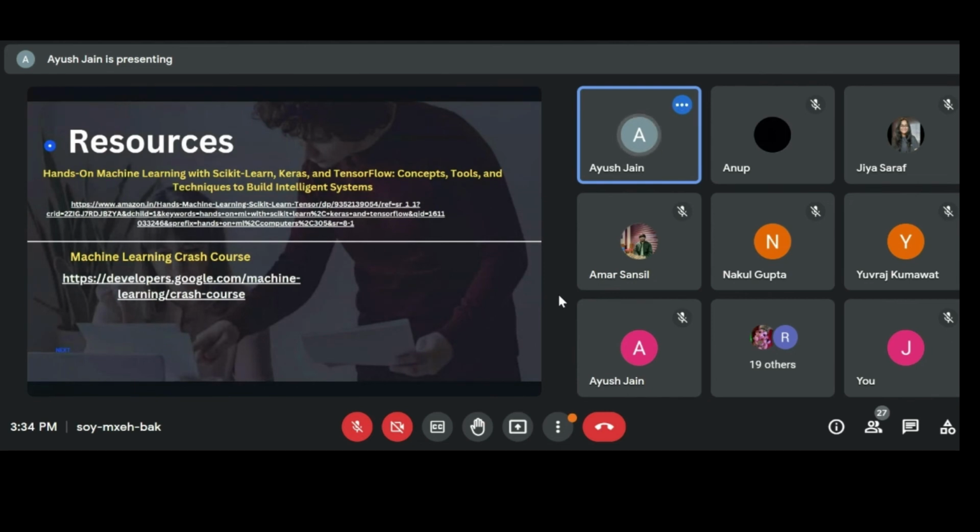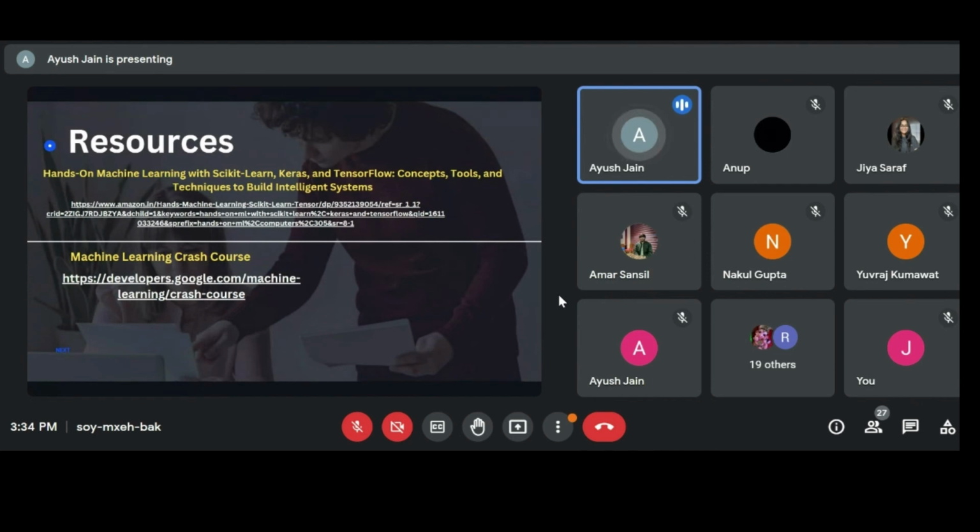The second resource I recommend is Machine Learning Crash Course. It's a Google developer course, and it's free of cost. You have the best mentors here, and you can get all the machine learning understanding in this crash course. I have gone through this crash course, and my concepts got cleared in a short time only. So this is the best I can say.